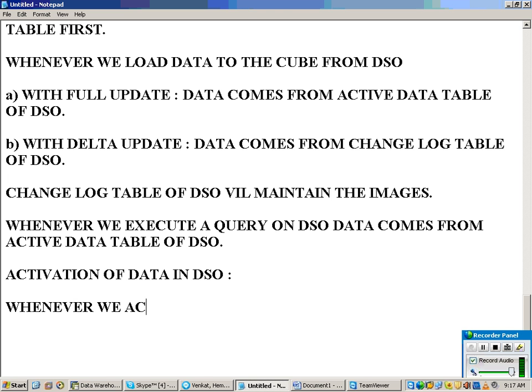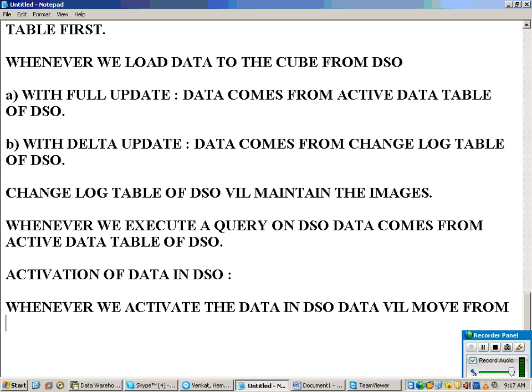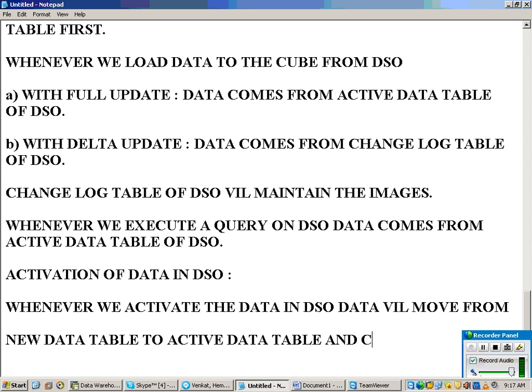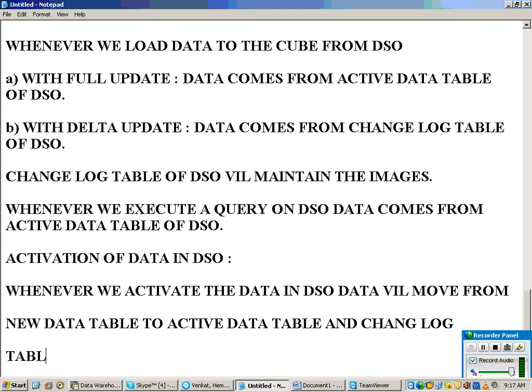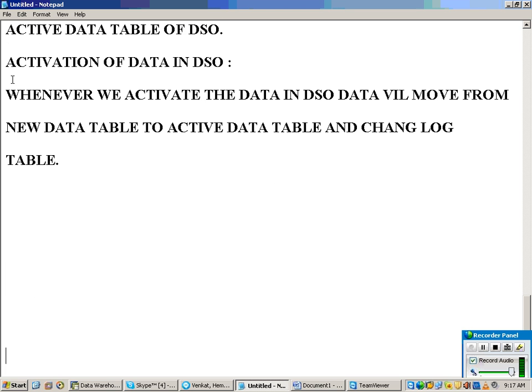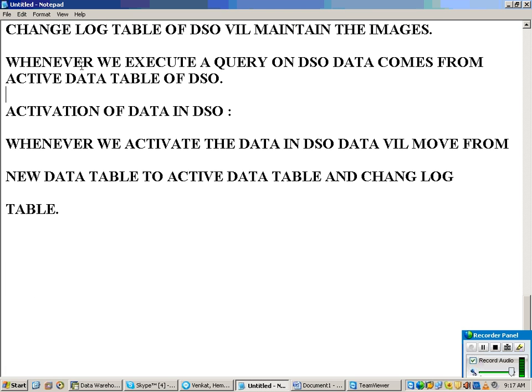Whenever we activate the data in DSO, data will move from the new data table to the active data table and change log table. So as and when I load data to the DSO, immediately you have to perform a process called activation of data.